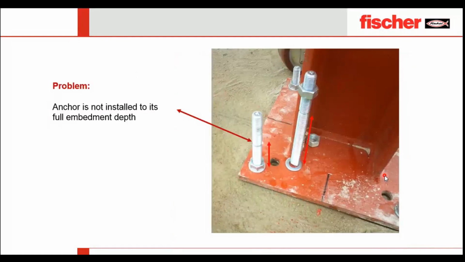Why? You can see this is the original threaded rod, and this is the anchorage depth that should be inside the concrete. You can see it has not been properly installed. First thing. Second thing, holes are provided over here, but according to the site condition or their own willingness, they have made a hole parallel to that and installed, which means maybe there is no calculation or nothing to check the eccentricity, etc. So this installation is like 0. We cannot assure the installation unless a proper design is done for the cases they have done.